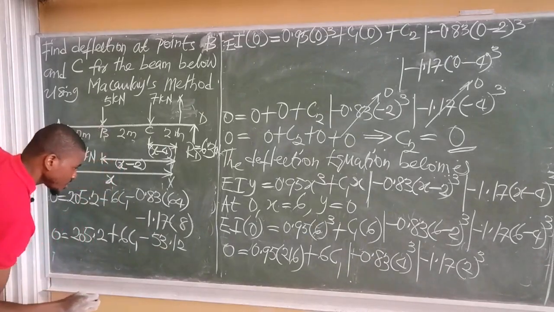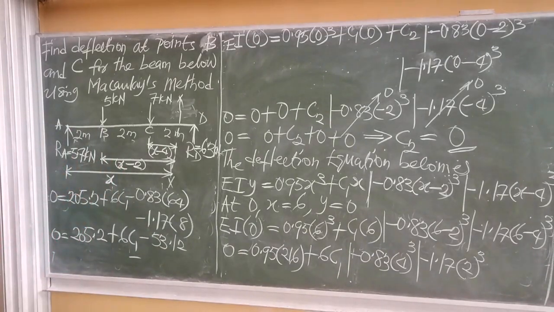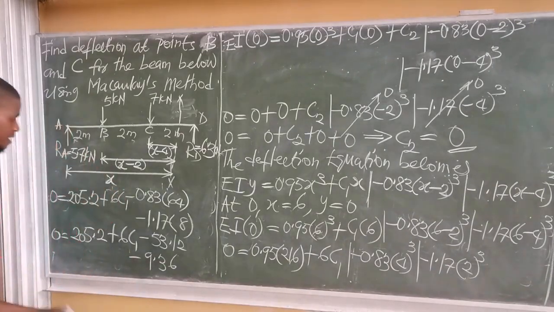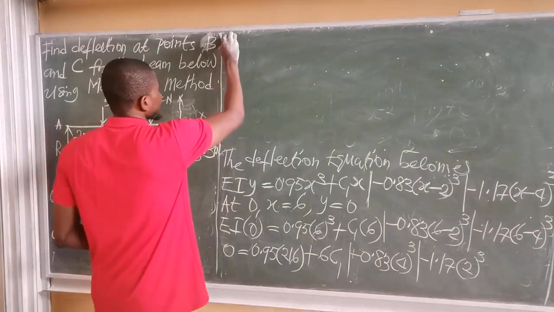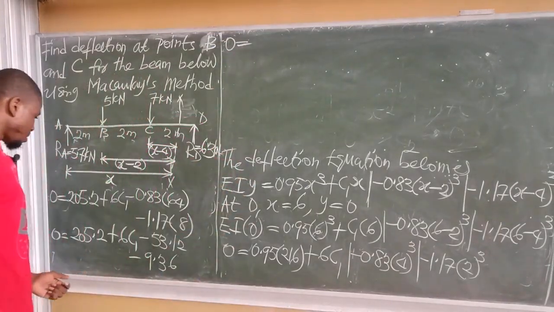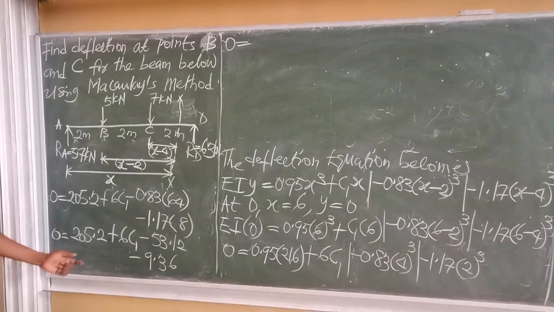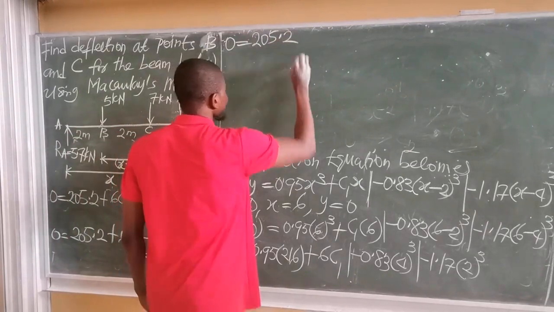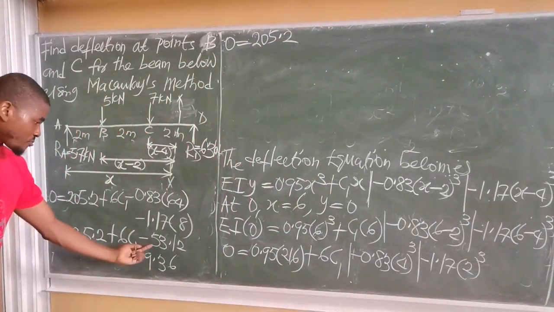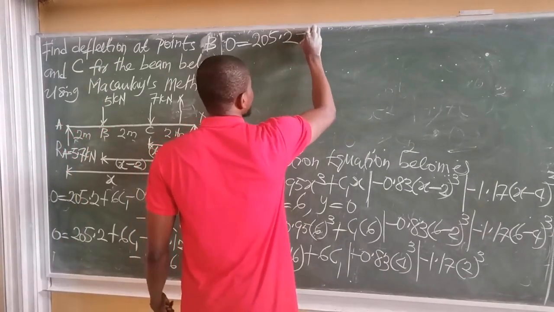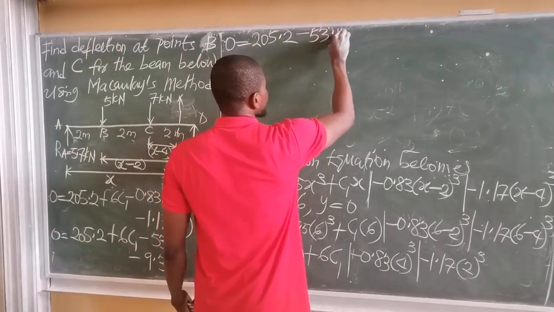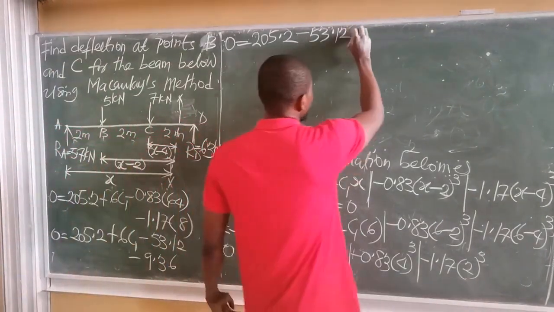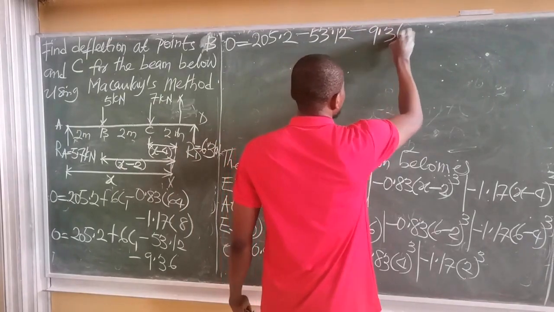53.12, minus 1.17 times 8, 9.36. All right, so we simply have 0 is now equal to, and we can collect like terms together. 205.2, let's bring all these terms together. Minus 53.12, let's also take this here, minus 9.36, and finally plus